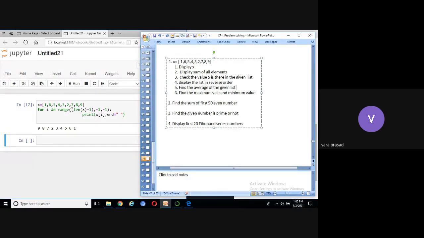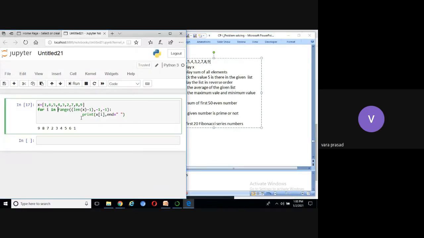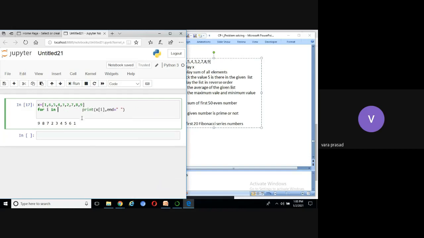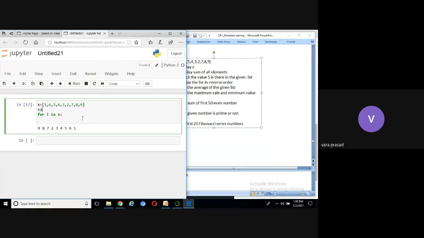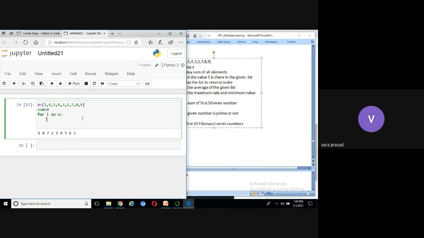Now here I'm going to write. Here we can write directly, for x in the list, with a variable. Sum equal to 0. Then we will write sum equal to sum plus x.